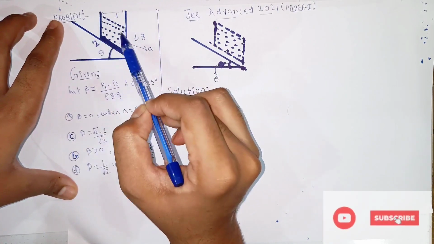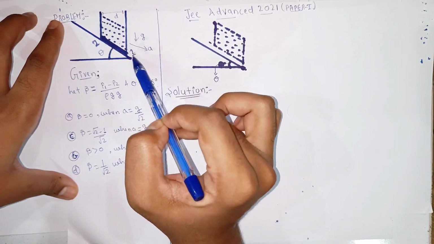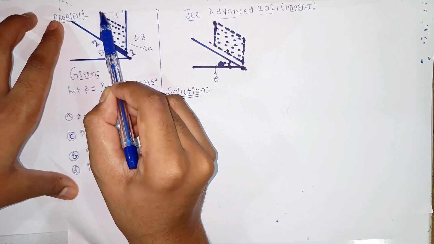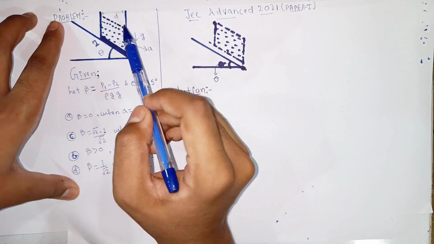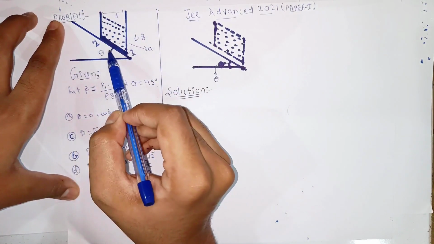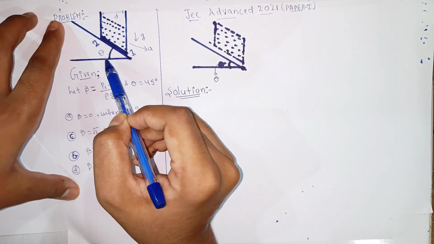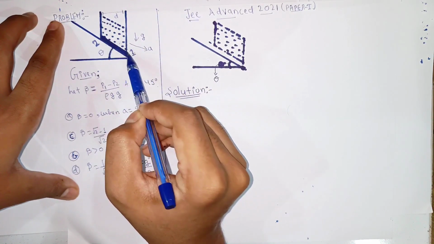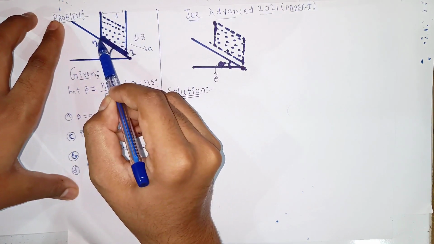Now this vessel is given a constant acceleration A along the inclined plane, in the downward direction. The diameter of the vessel, this upper one, is D, and they have given acceleration due to gravity as usual. Suppose the inclination angle of this inclined plane is theta, okay, and they have given 2 points at the corners. This is point 1 here and this is point 2 at this point.